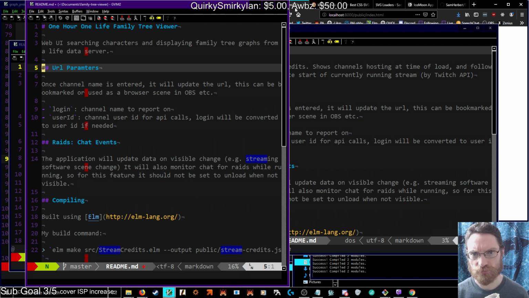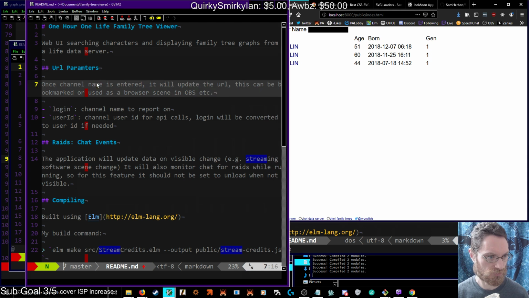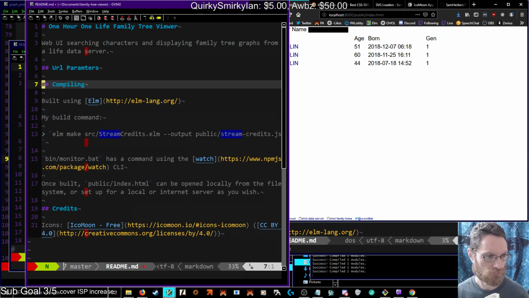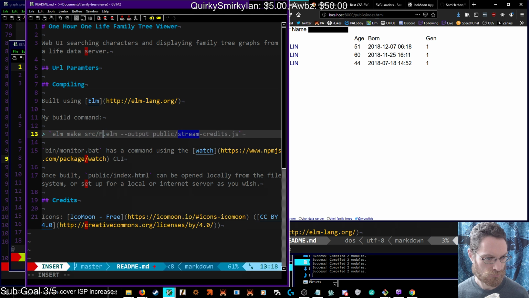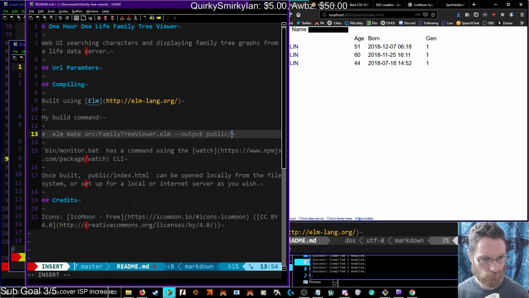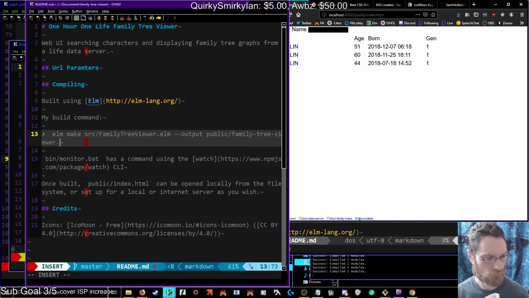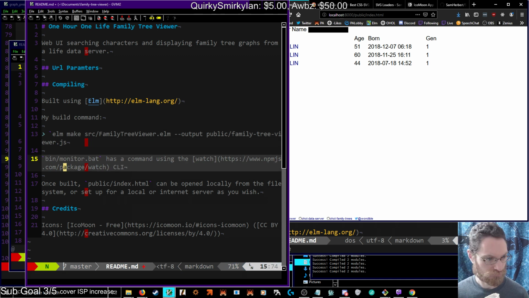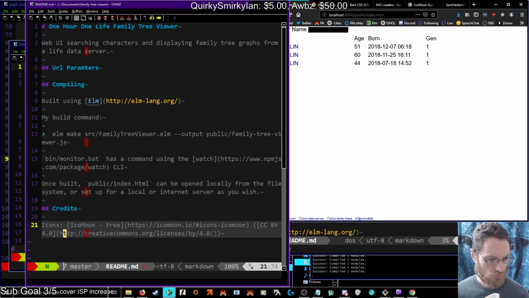It does sort of have URL parameters at present. I put no other command, yeah. Okay, Ico credits Ico Moon. Interesting that that's not linked, but